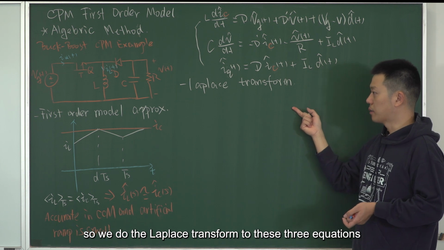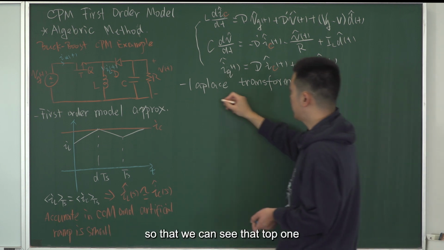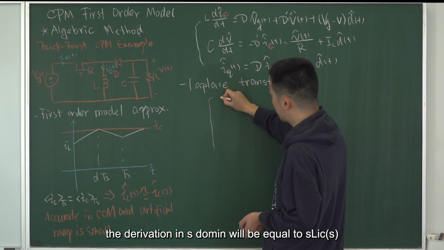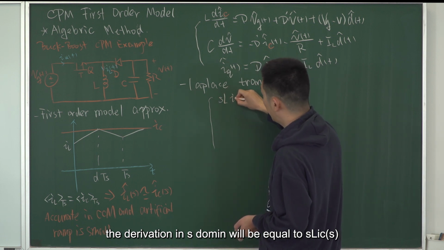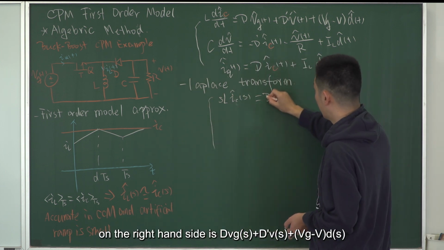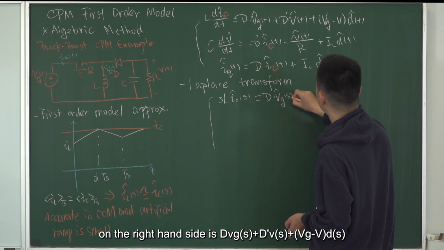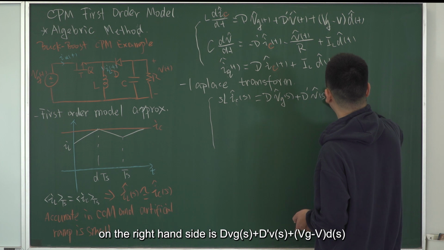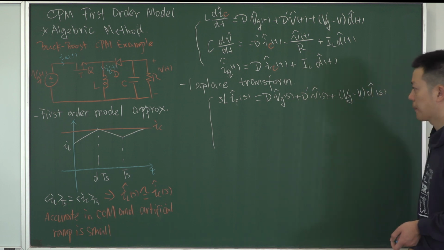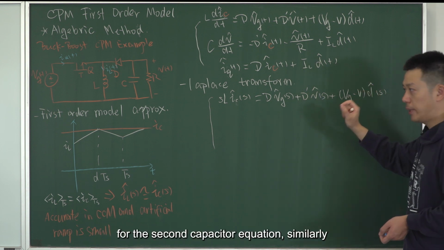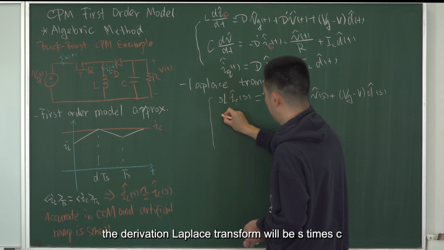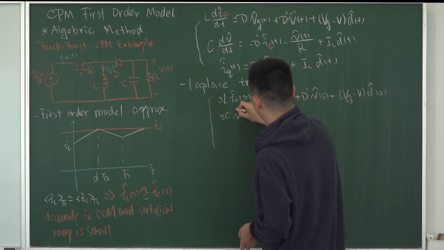So we do the Laplace transform to these three equations so that we can see that the top one, the derivative in S domain will be equal to L times L IC, S. On the right-hand side is D times VG, S plus D prime VS plus V minus V, D small signal S. For the second capacitor equation, similar, the derivative's Laplace transform will be S times C V S